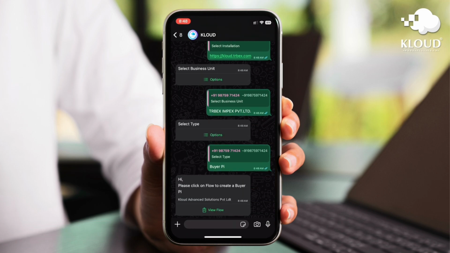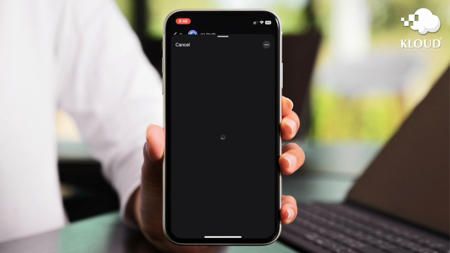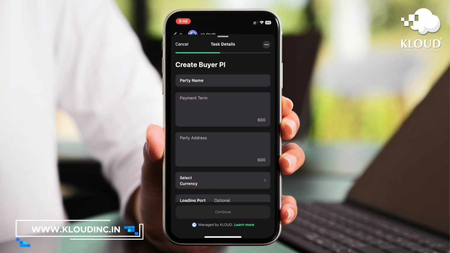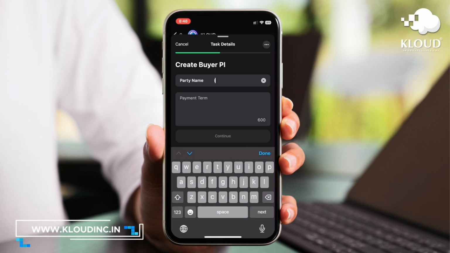Immediately after that, tap on View Form. And in just a moment, the form will open right in front of you inside WhatsApp. Here comes the important part, filling in the form. You'll be asked to enter a few essential details. These include the party name,